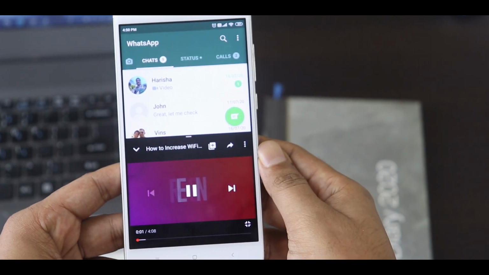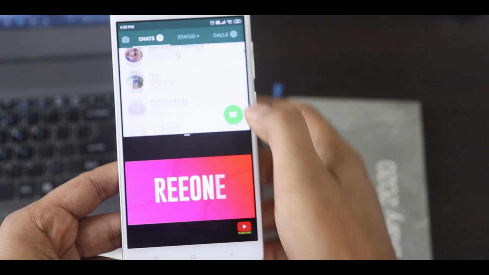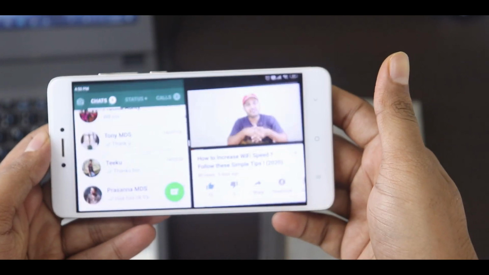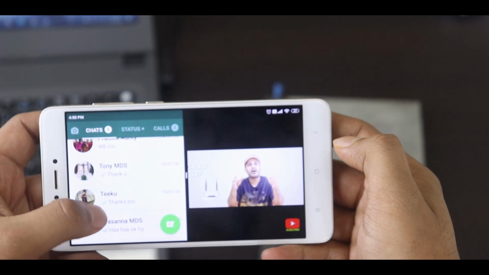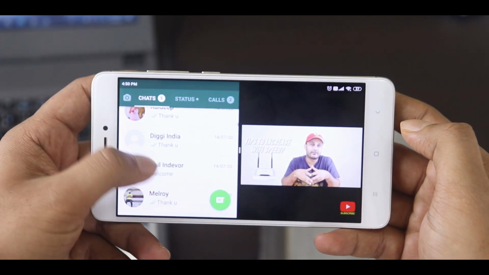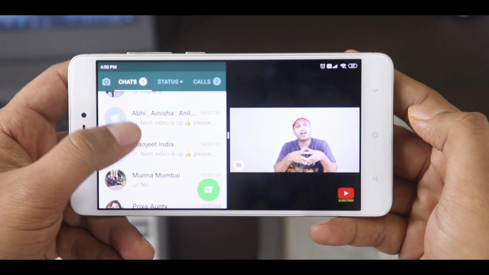Now you can use two screens where you can chat with your girlfriend and at the same time enjoy watching your YouTube videos as well. Split screen is also useful where you can copy a text from Google and paste it directly into your WhatsApp chat. So these are some of the cool hidden Android features you can use on your phone.